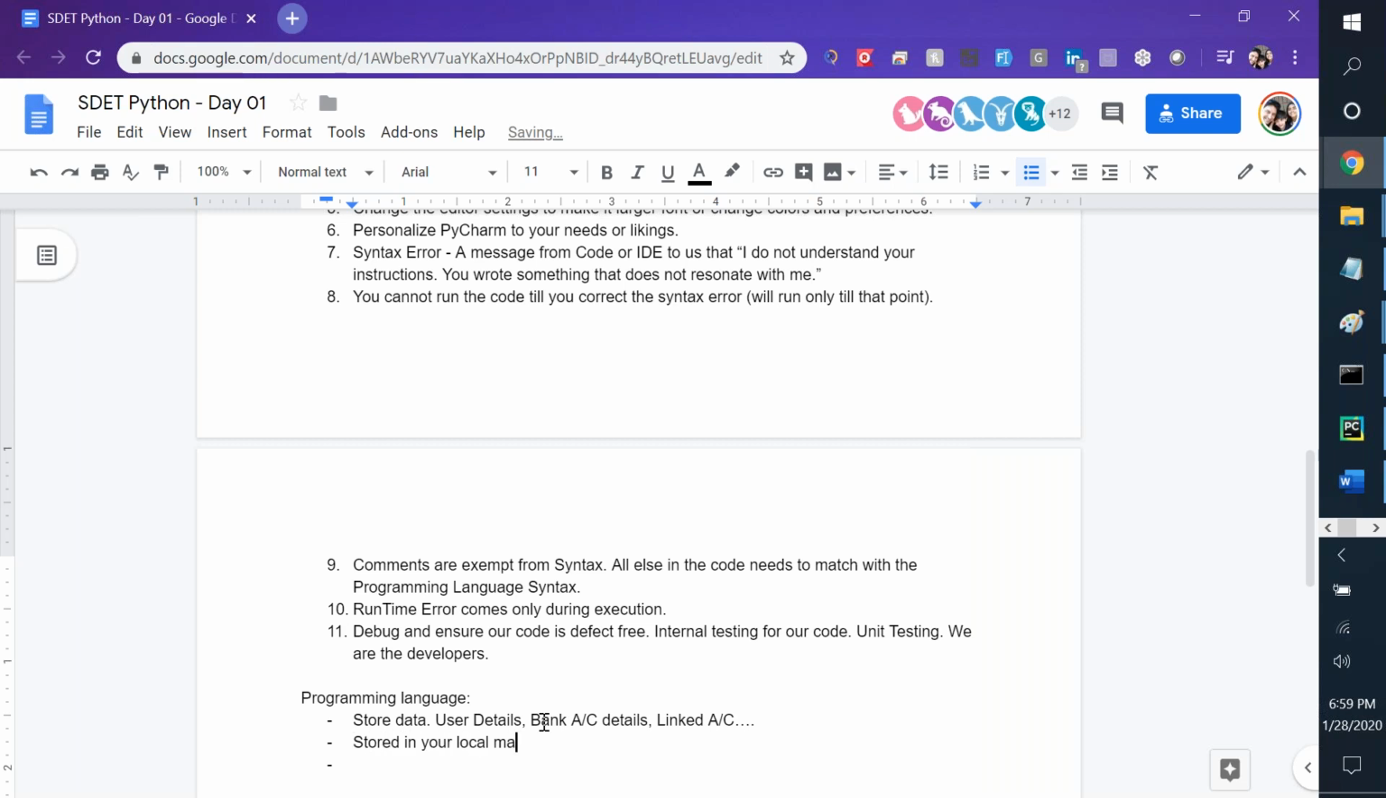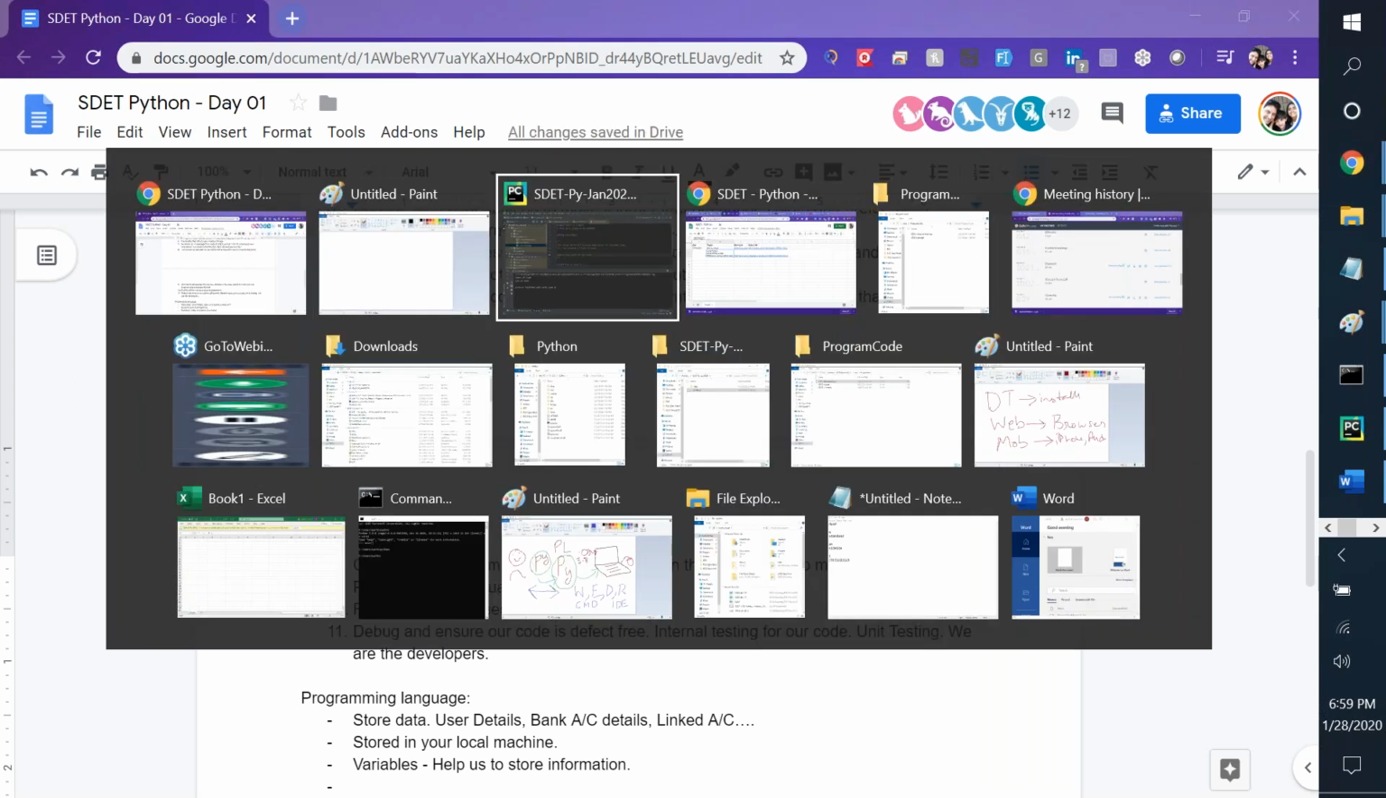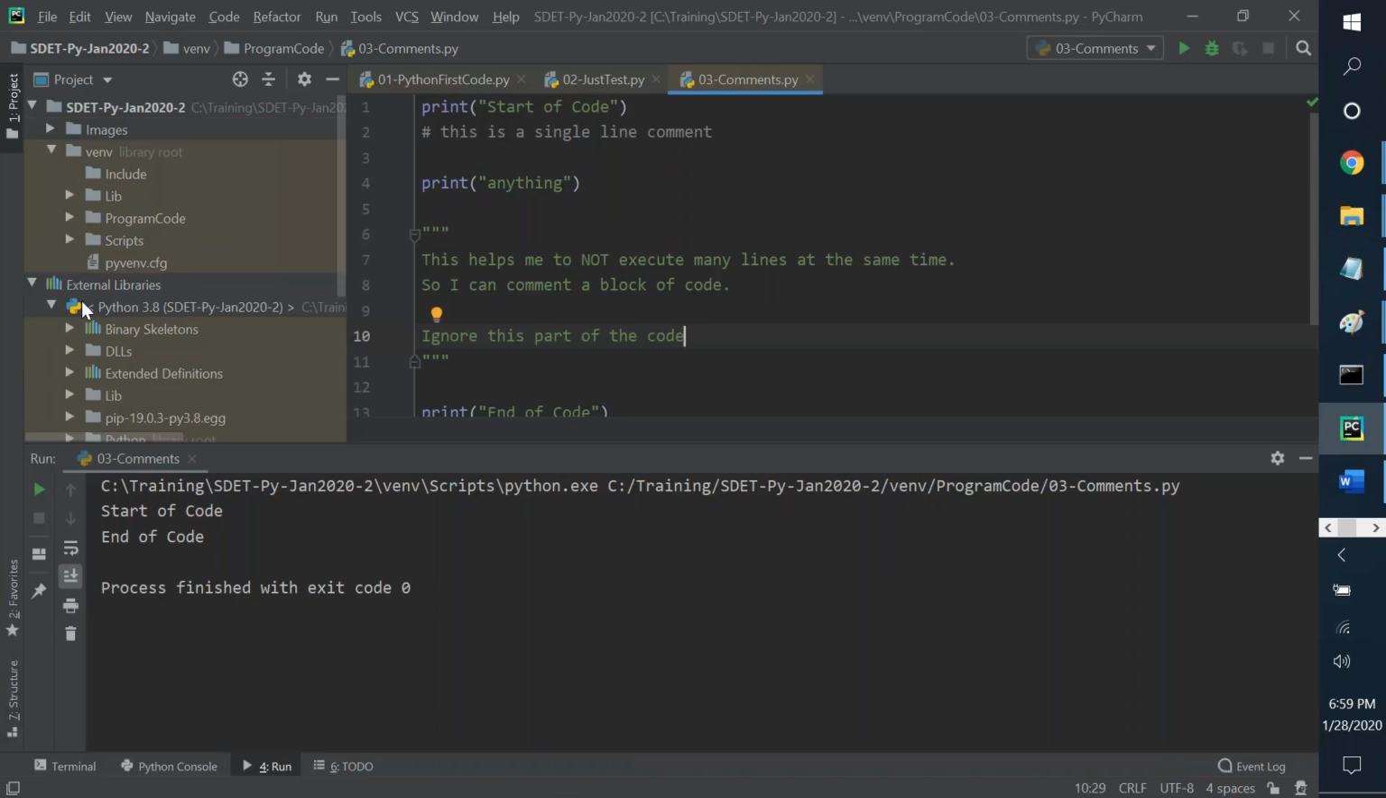local machine. And for this, we use a concept called variables. Variables help us to store information. So when we talk about variables,